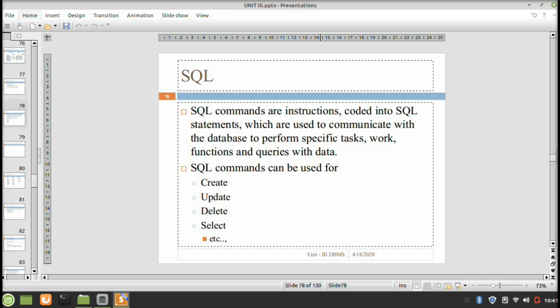The data definition language includes commands to create database objects such as tables, indexes, and views, as well as commands to define access rights to those database objects. Data manipulation language includes the commands to insert, update, delete, and retrieve data within the database table.